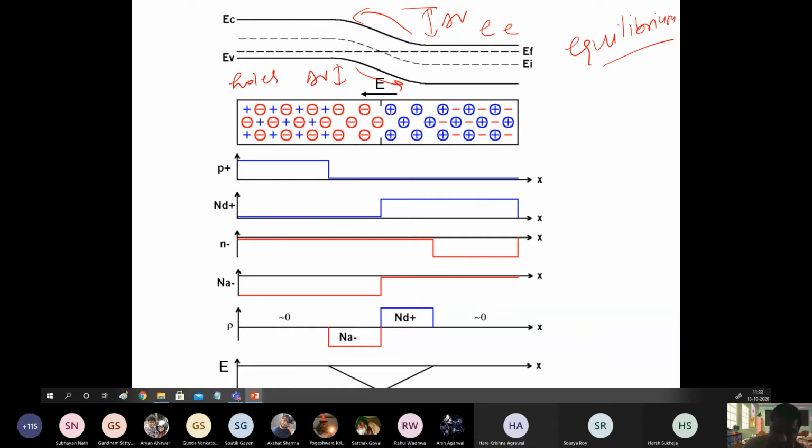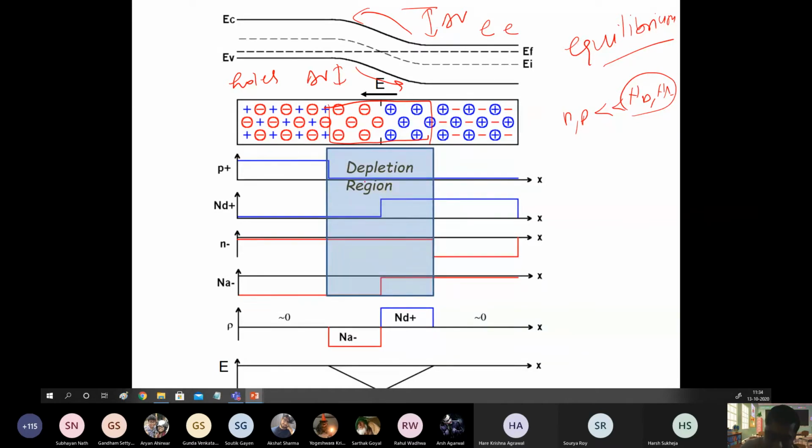And the electrons and holes from this region have recombined, right? So these exposed constant charges do not have any carriers. Now if you look carefully, the carrier concentration is not exactly zero there. It is there, but it's much less. So your n and p in the depletion region are much less than ND or NA, or the net value of this thing. So that's why we call it the depletion region. It is not that carriers are exactly zero there. They are much less than the charge concentration there. You see the picture here. This is the depletion region.